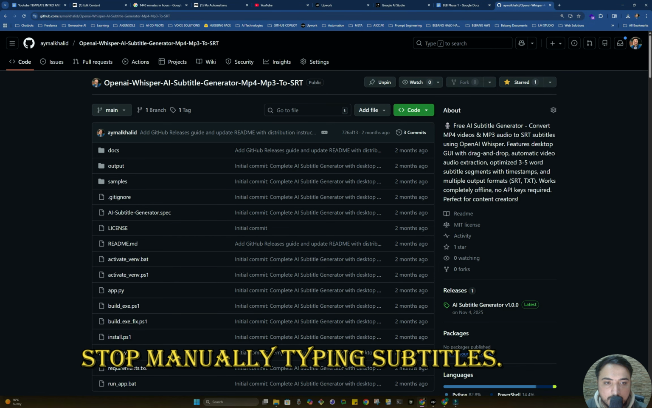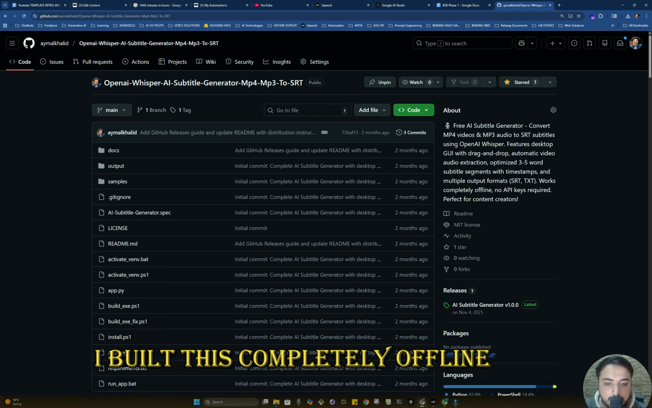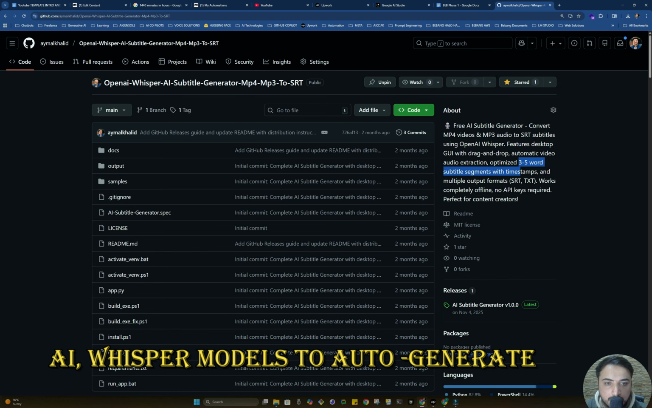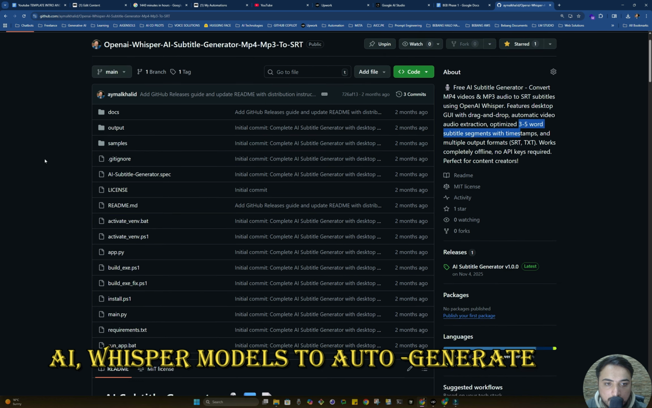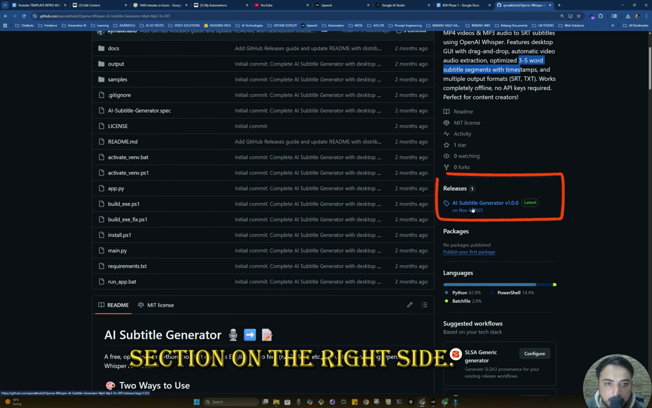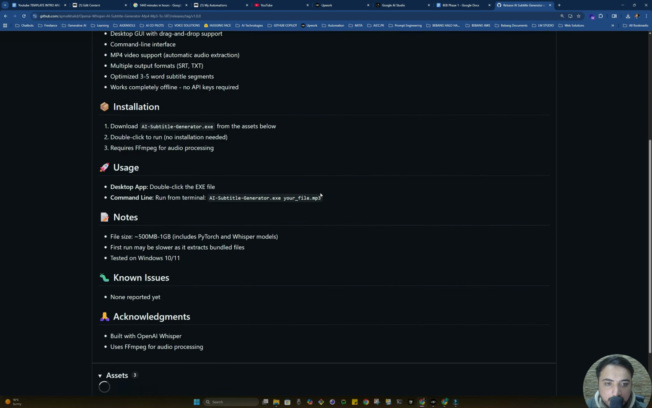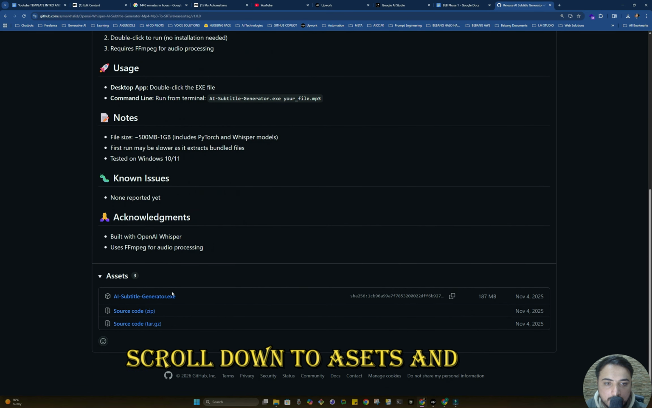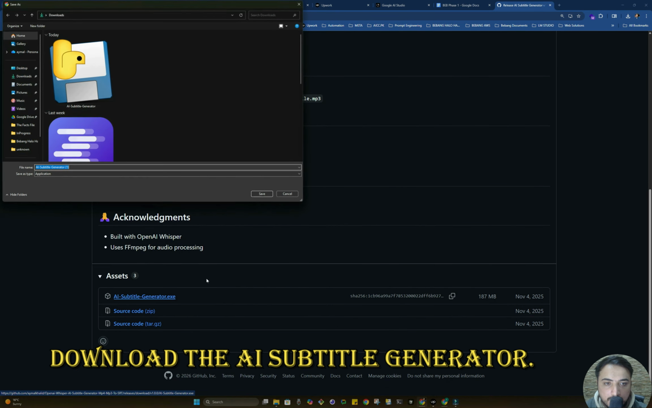Stop manually typing subtitles. I built this completely offline desktop app that uses OpenAI Whisper models to auto-generate subtitles. First of all, you need to go to the release section on the right side, click the latest version, scroll down to assets and download the AI Subtitle